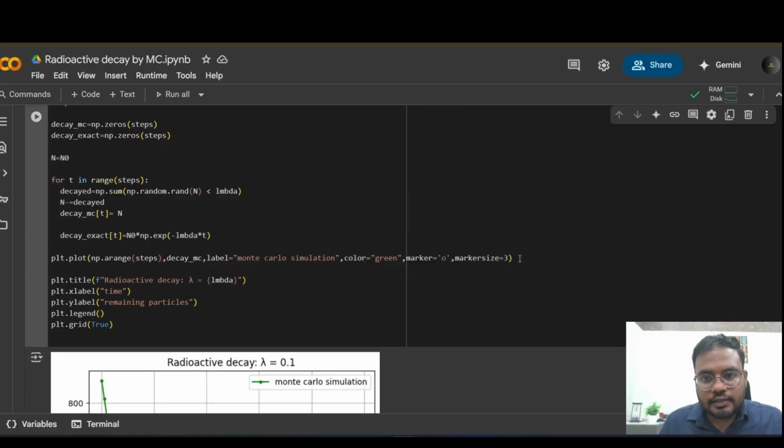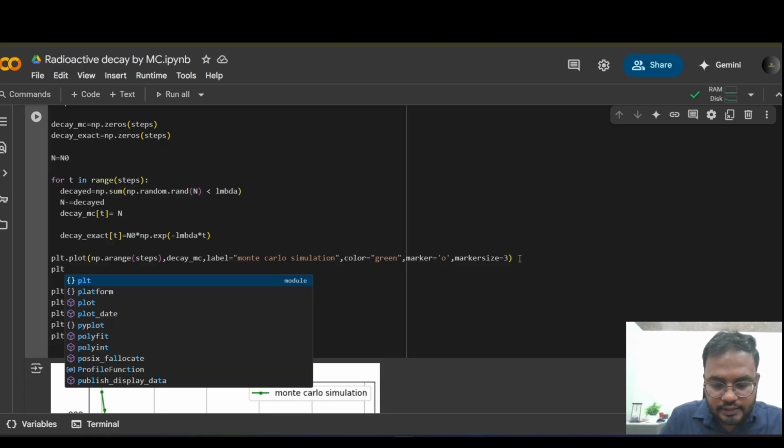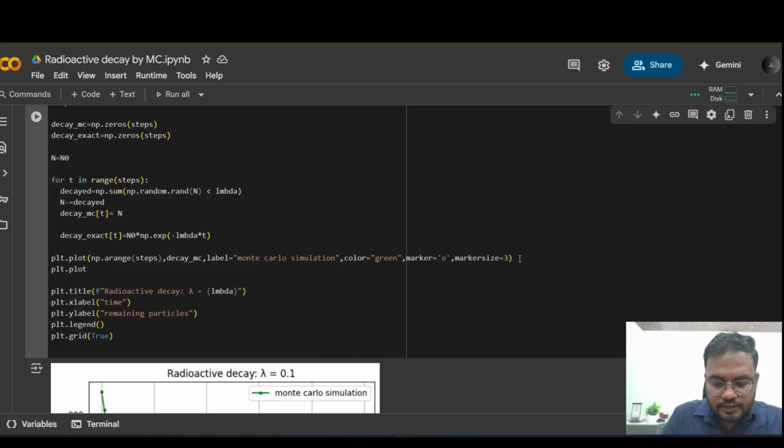And for plotting, I have to again write the same thing for the exact curve, plt.plot. So np.arange steps. I'm just copy pasting it. I'm very much afraid of a spelling mistake, let me tell you. Decay exact. Along the y-axis I want this.